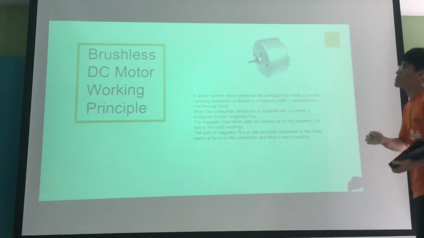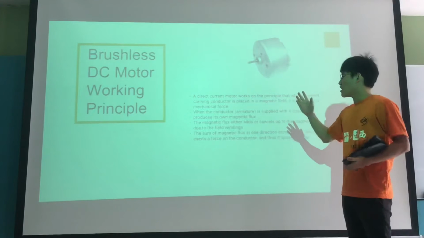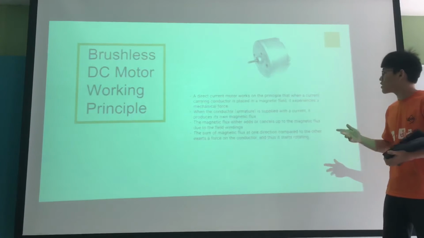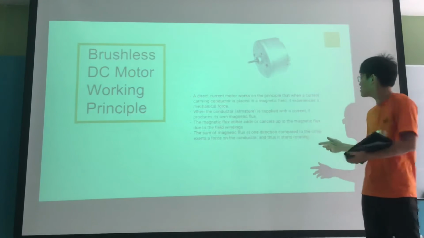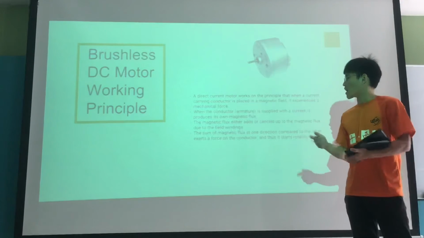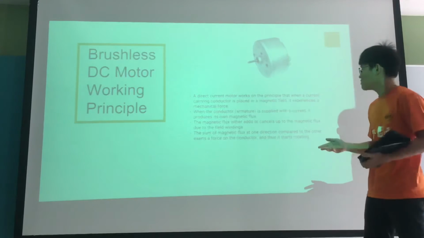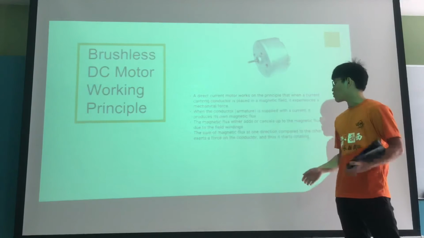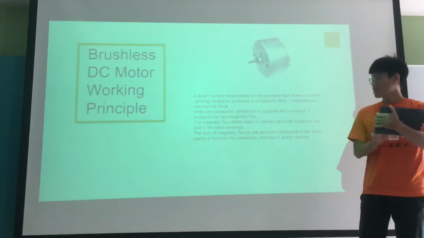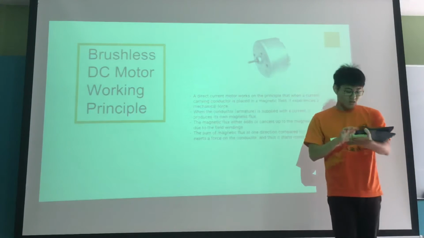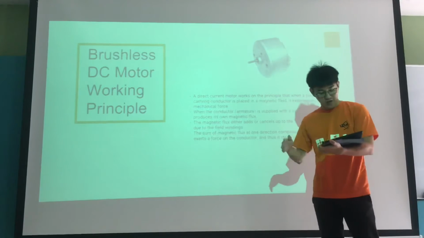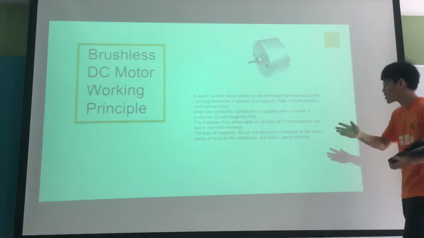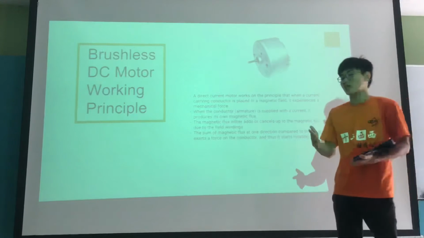The working principle of brushless DC motors is that a direct current motor works on the principle that when a current carrying conductor is placed in a magnetic field, it experiences a mechanical force. When a conductor, in this case an armature, is supplied with a current, it produces its own magnetic flux. The magnetic flux either adds or cancels out the magnetic flux due to the field windings. The sum of these magnetic fluxes in one direction compared to the other exerts a force on the conductor, and